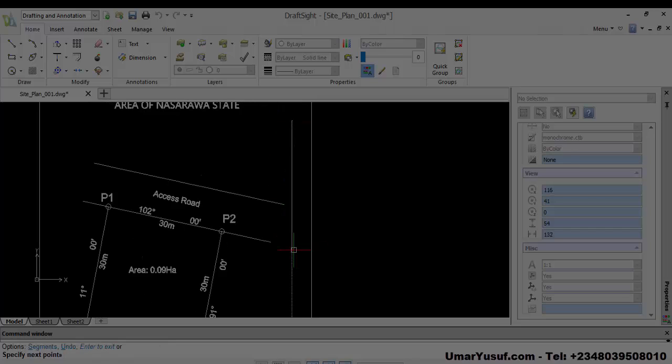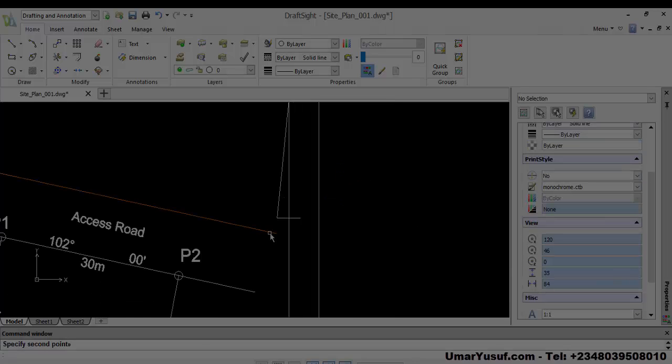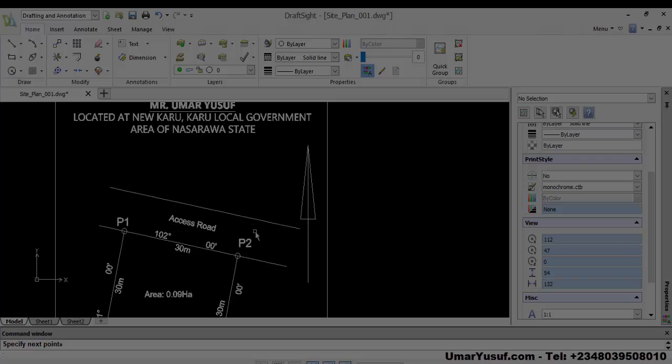For example, we just draw a simple straight line like this, and then draw the head, copy it here. Then I'll now use a line to join from here to here,